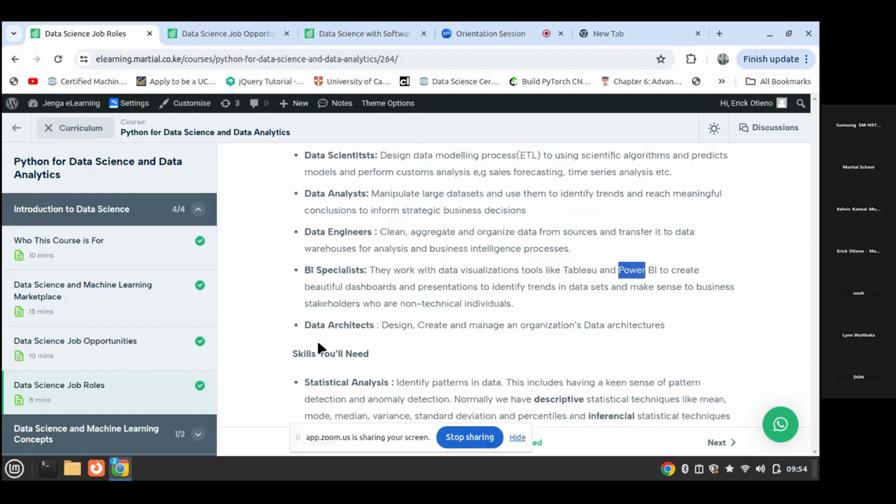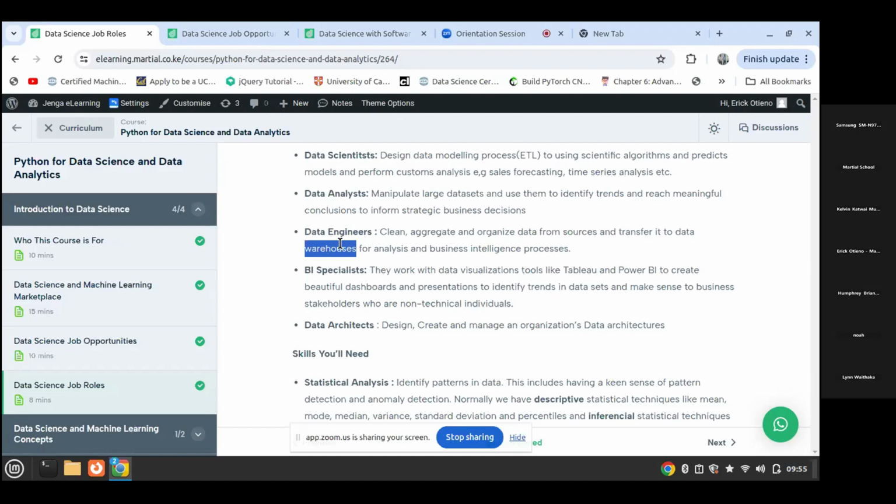These are new roles that have also been introduced. We have data architects. Data architects are people who design, create, and manage organization data architectures. Like we've been told here, we have data engineers who have cleaned the data, aggregated it very well, organized it in a very good format, and now they have transferred this data to a data warehouse.